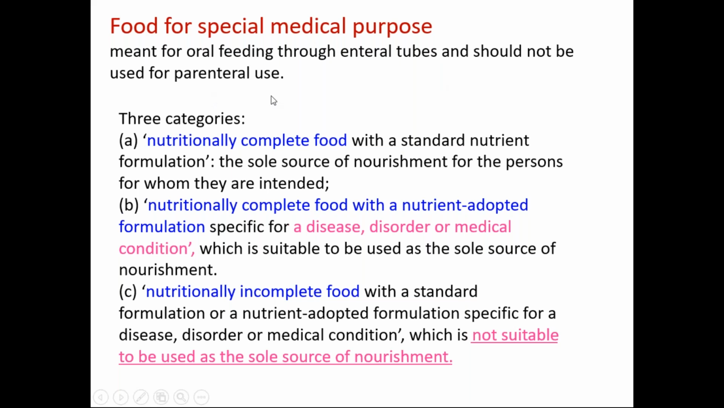That means through the oral route. It is only meant for tube or oral feeding, and it is not meant for any intravenous feeding. So you have a nutritionally complete food with a standard nutrient formula, or it could be a nutritionally complete food with